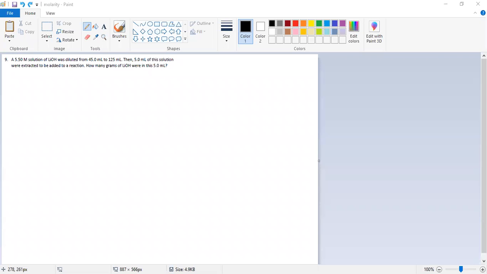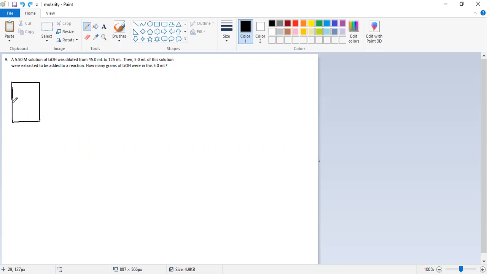So I'd like to briefly talk about this example here, this practice problem, which really tests our understanding of molarity and dilution. The question essentially says a 5.50 molar solution of lithium hydroxide was diluted from 45.0 milliliters to 125 milliliters. So just digesting that first part of the problem, clearly we essentially have one beaker,